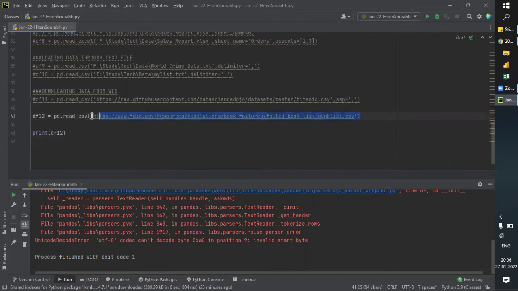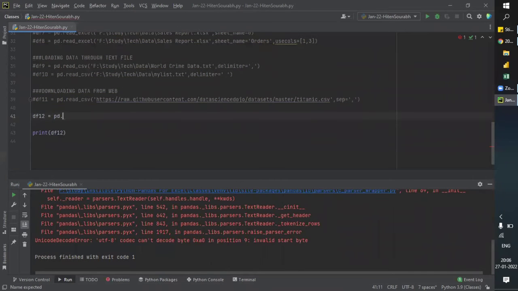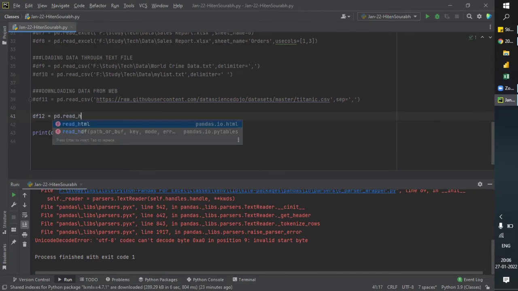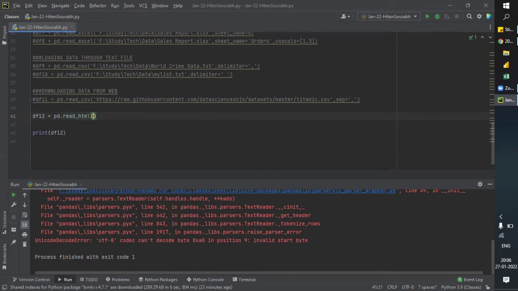And in this, you just need to pd.read, pd dot read underscore html, start double quote, and the name of the link which has the data.